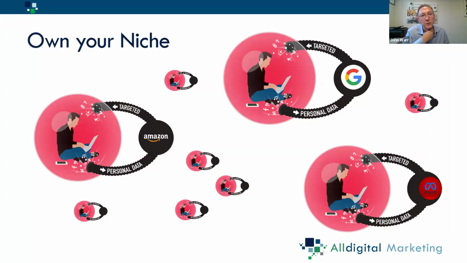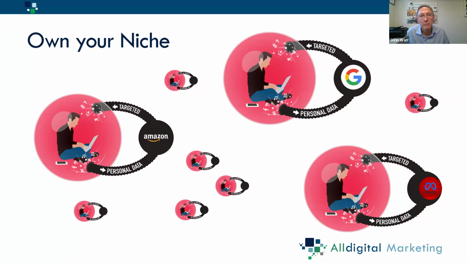So Amazon knows who you are. It has all of your personal data, all the information that you have, every purchase you made, every time you click on their website. They use that information and then they target you back. Google's doing the same, Meta's doing the same. So what you're creating now are these beautiful little niche areas where you become part of their particular bubble.